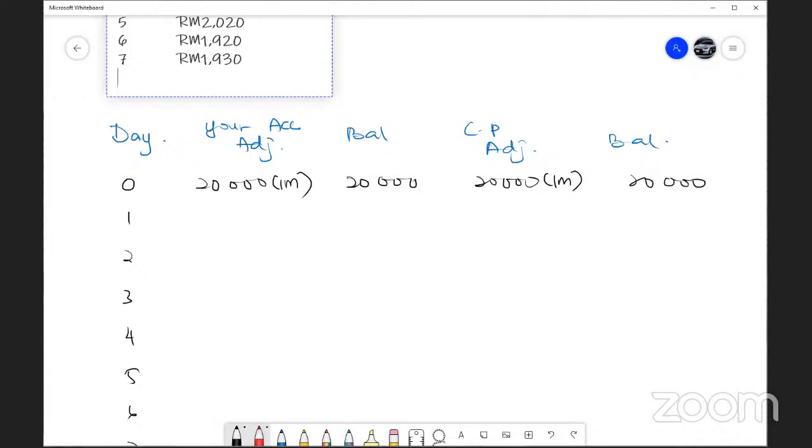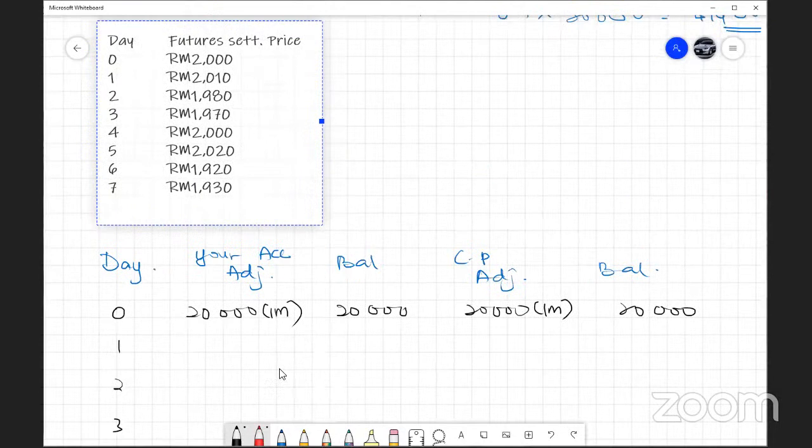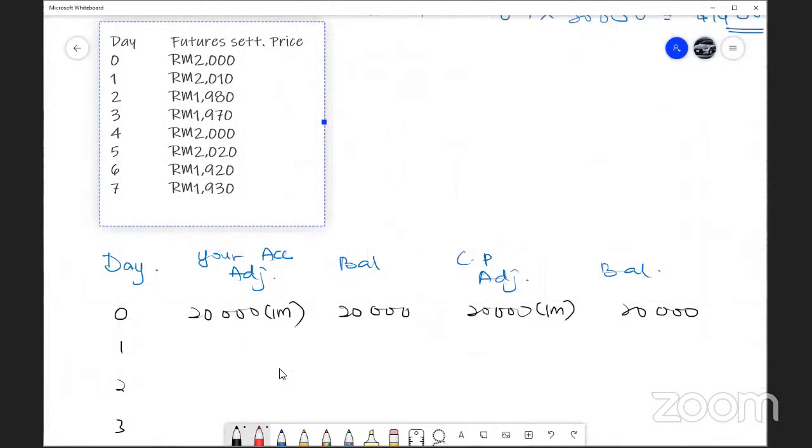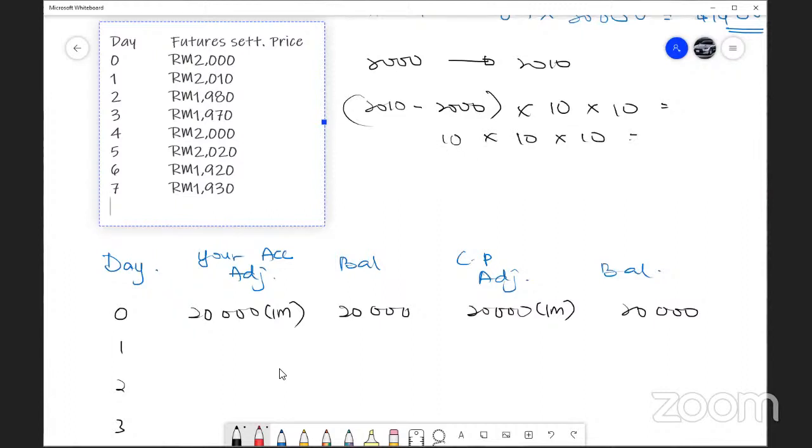Day 1: how to count the day 1 figure? On day 1, the price went up to 2010. Is that a gain? From $2,000, it went up to 2010. So take 2010 minus 2,000, multiplied by 10 contracts, each contract 10 tons. How much gain do you get? $10 times 10 times 10, a positive 1,000. So account adjustment on day 1 is plus 1,000, and the balance becomes